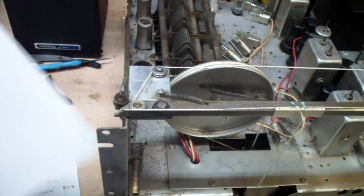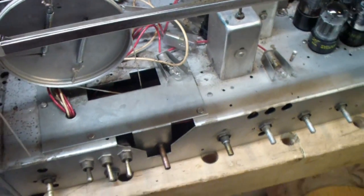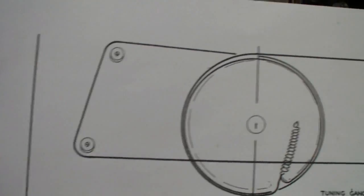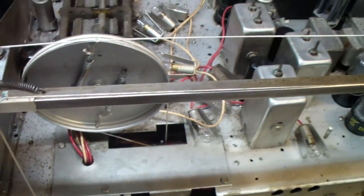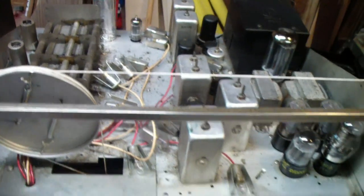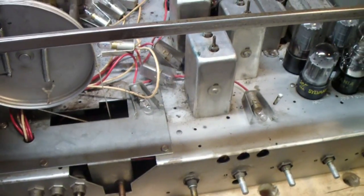What I discovered is that actually the dial cord position in the SAMS PhotoFact is not correct for the SX62A. Apparently they changed the layout. I'll close this up in a second. In this, it shows the pointer, that is the dial cord that controls this pointer right here that slides across the slide rule dial, coming out the bottom when this is in this position. But I don't think that's right, because